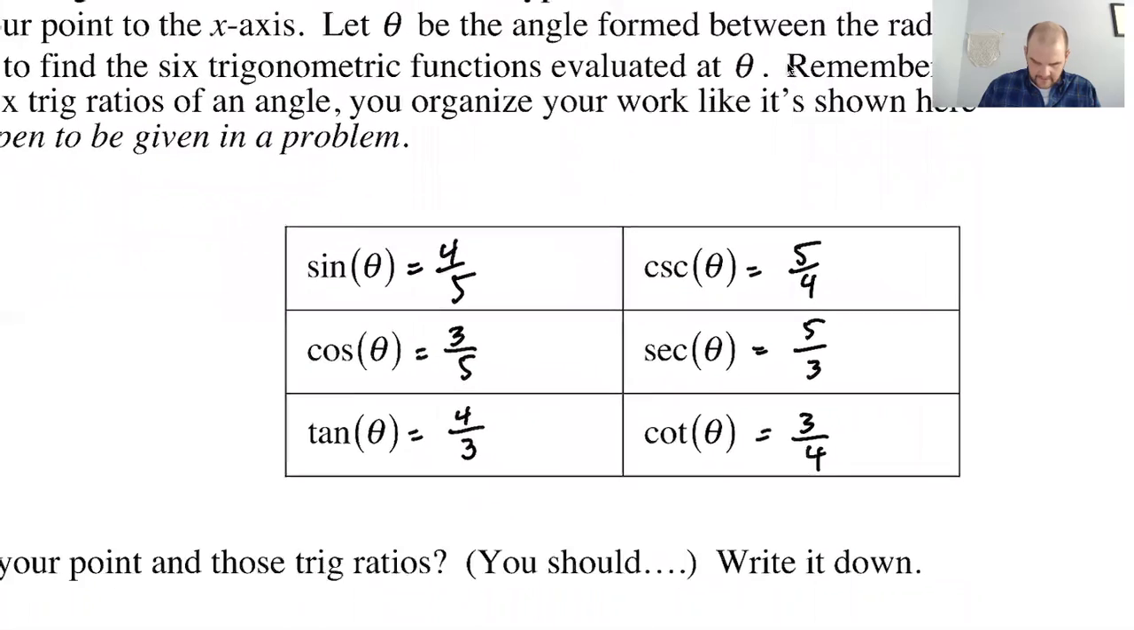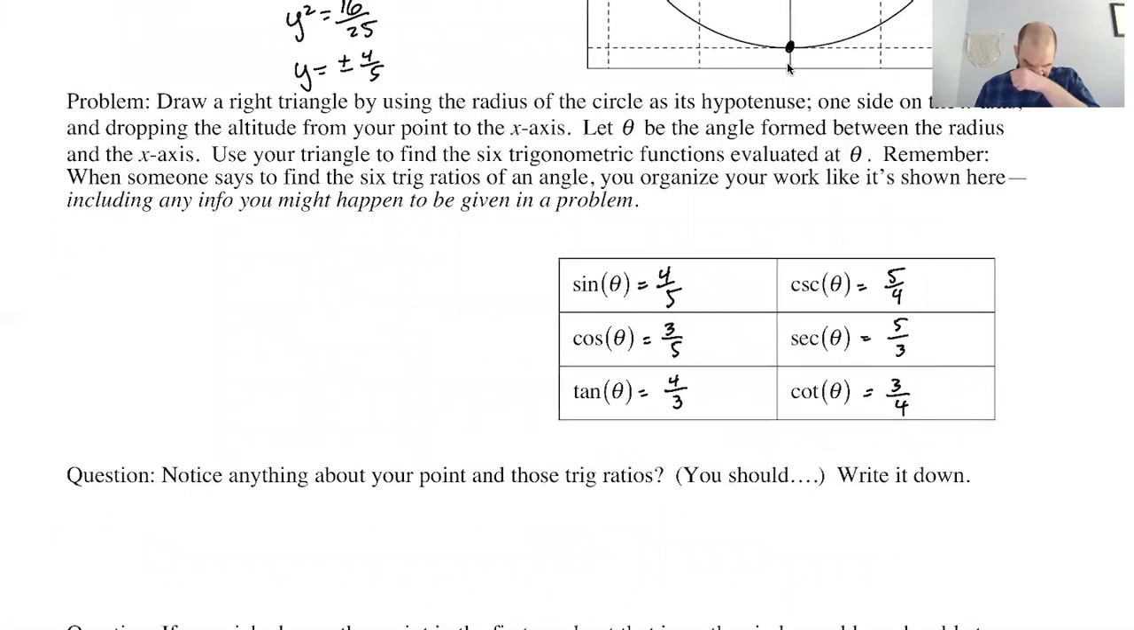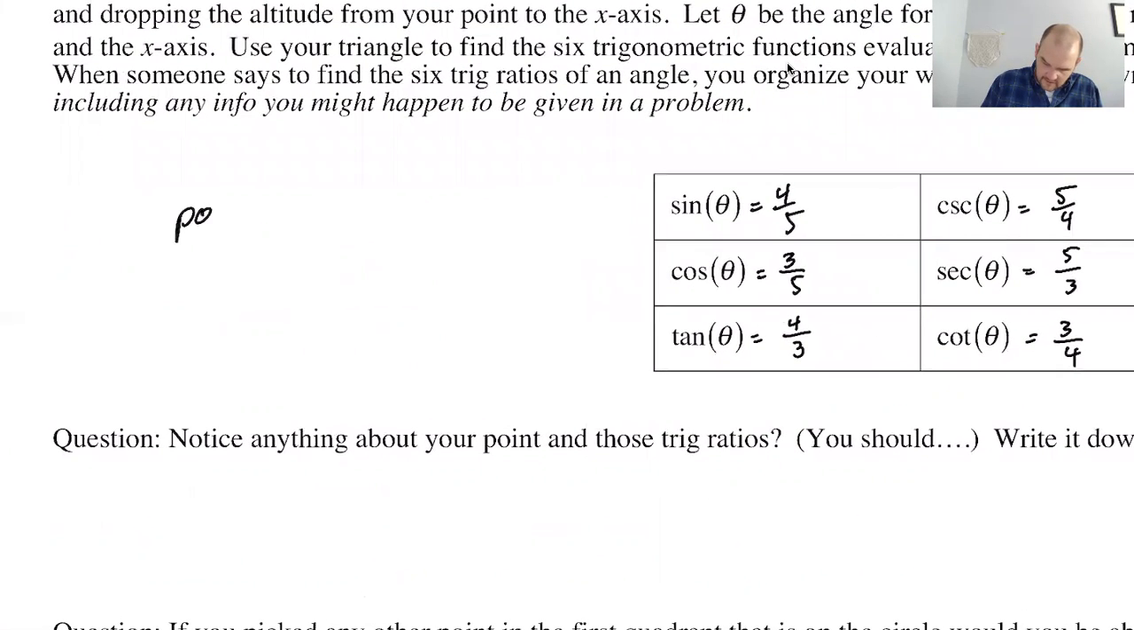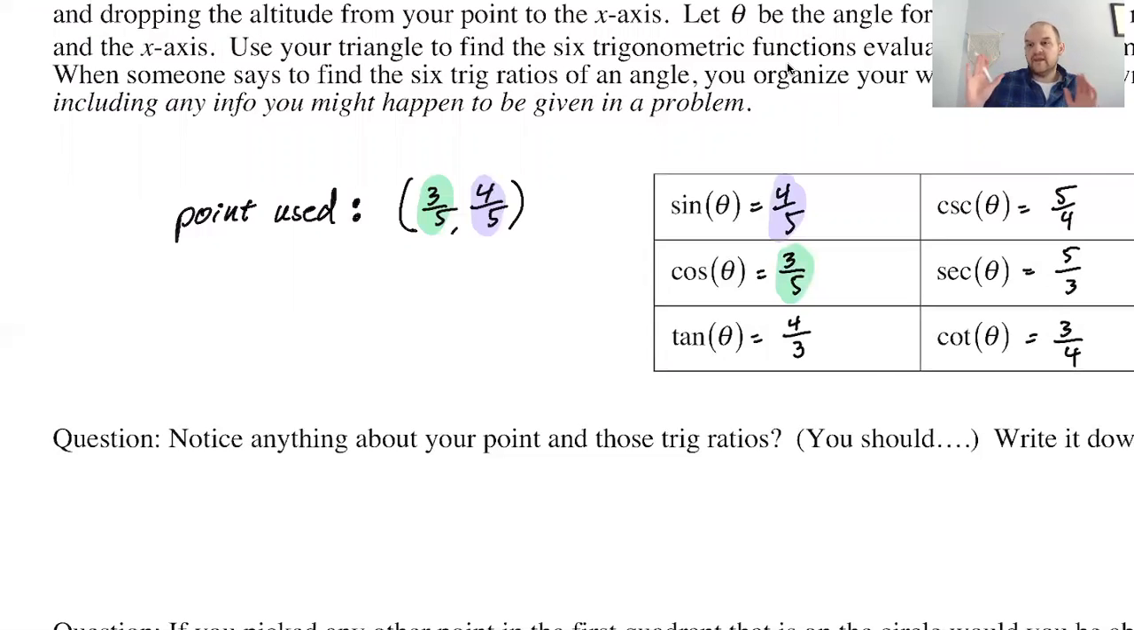Okay. Now, does anything here look familiar? So let me just copy this down here. The point used was 3/5, comma 4/5. Now look at your table, and do you see 4/5 and 3/5? So if you look, it looks to me like